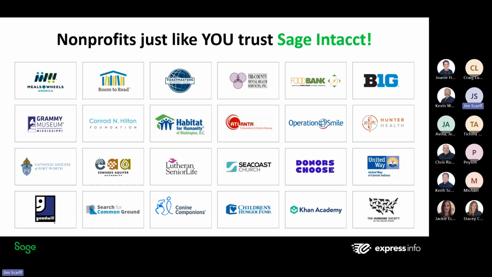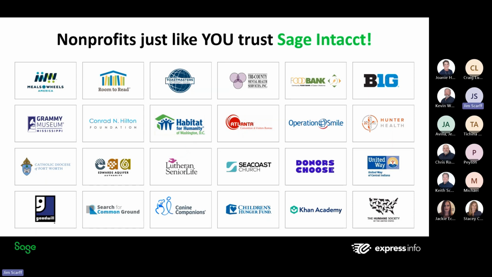So point being, any experience you might have had with a Sage product has nothing to do with what we're looking at today. Like Microsoft, Sage owns a bunch of different accounting type programs, but there's zero intersection between this and any other Sage product. I'm not saying that that's a bad thing, but